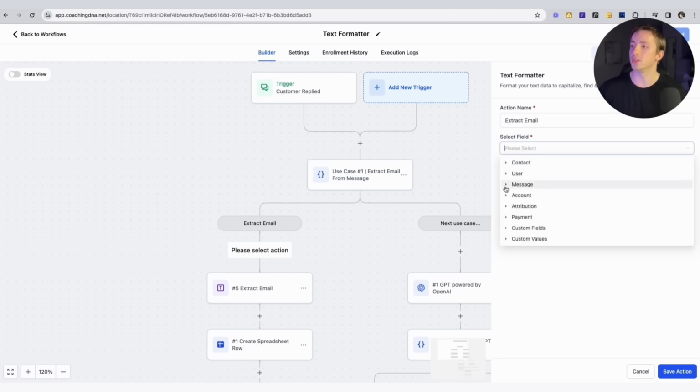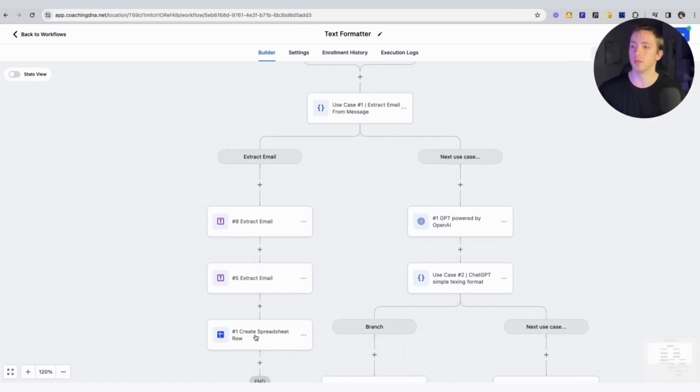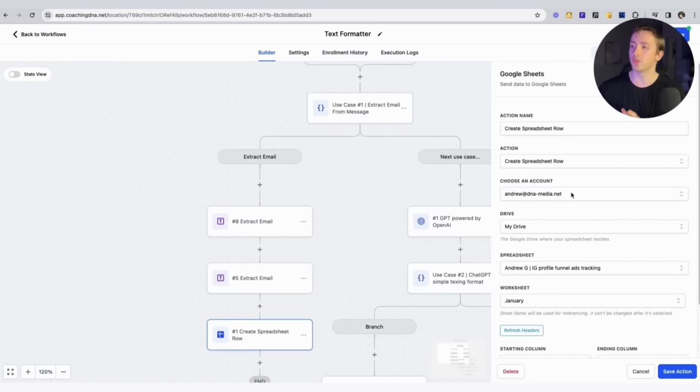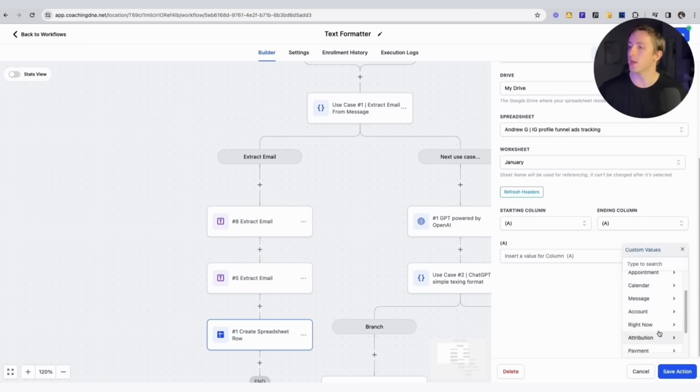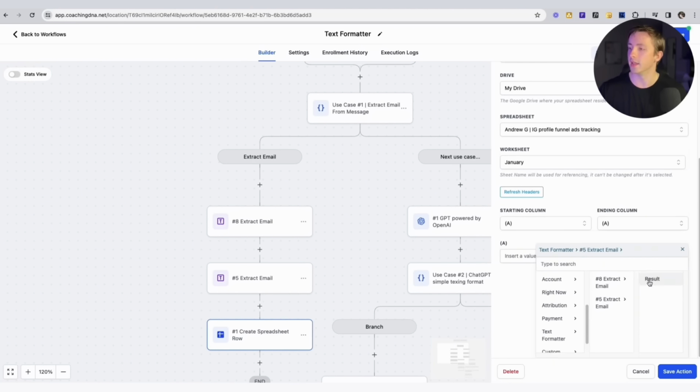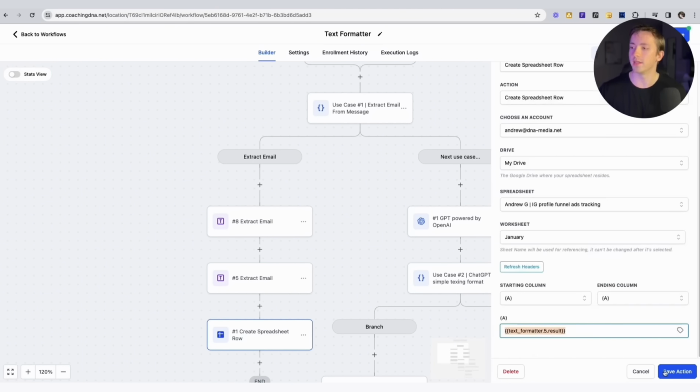Once we do that, we're going to select our field as the message body, which is coming in from the trigger of customer replied. And then what this is going to do is extract the email. And then what we're going to do is stick this into a spreadsheet that we're using for ads. Right here, you'll see the text underscore formatter custom value. You'll see in the custom value tags on the right-hand side, you can click text formatter and then click whichever one is the right one. In this case, it is the 5th